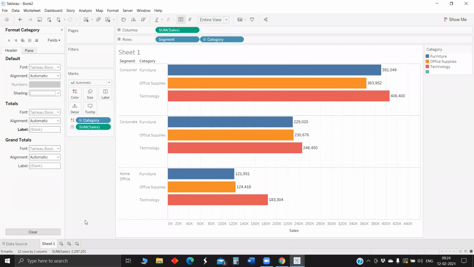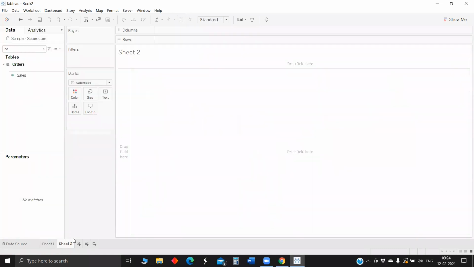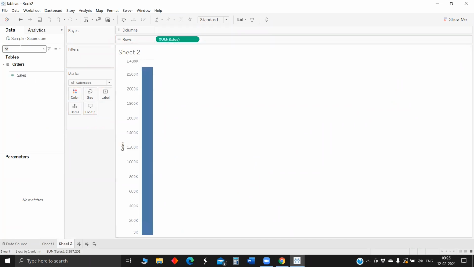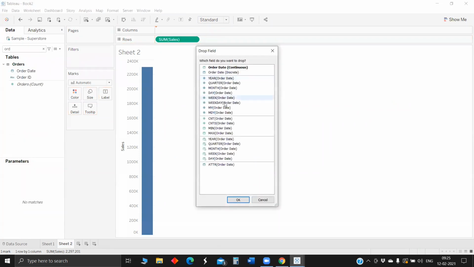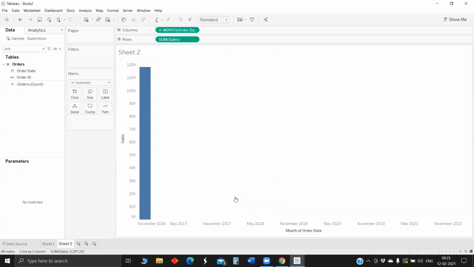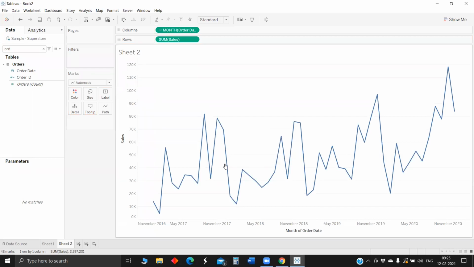Okay, let's move on to the next one. The next one is the sheet selector. First we will make 3 sheets. Sales across maybe order date. Okay, we got these lines, let me rename it as line.